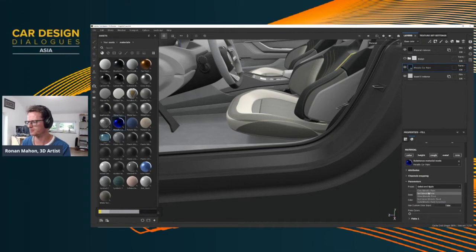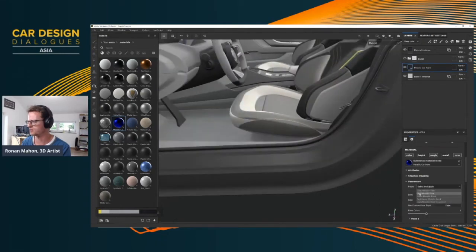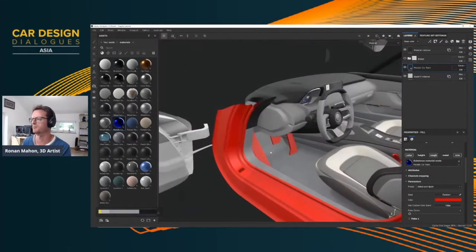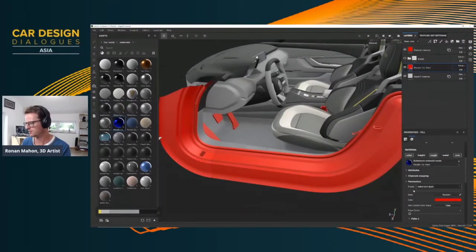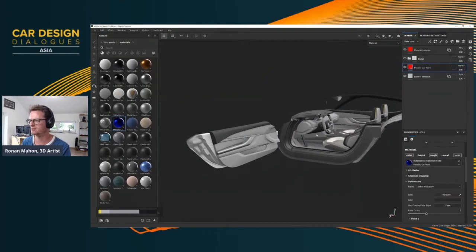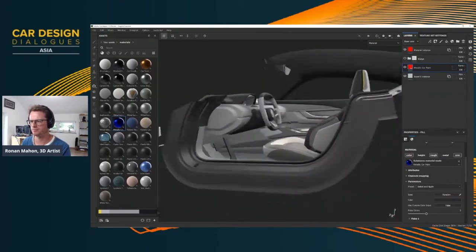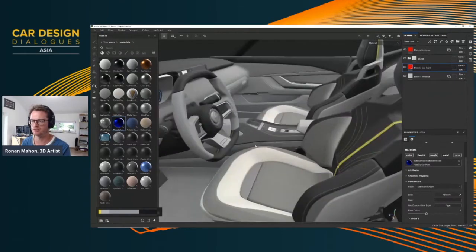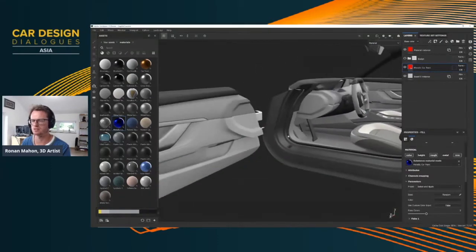You know, and you've got all sorts of nice presets that you can just quickly jump to as well if you want red paint or whatever. So let's just go back to our gray paint. I think I'm pretty happy with that. And yeah, I mean, that's the car very quickly, mostly textured.